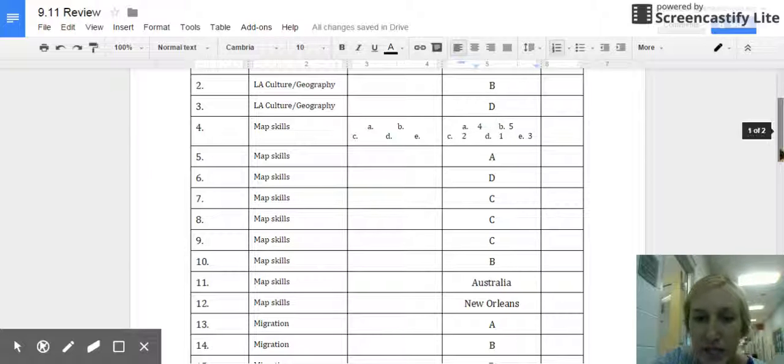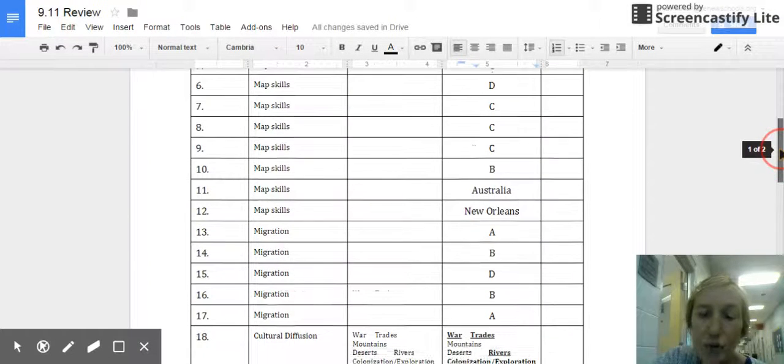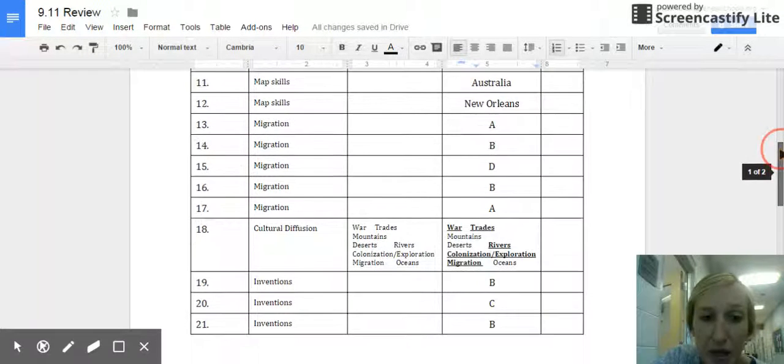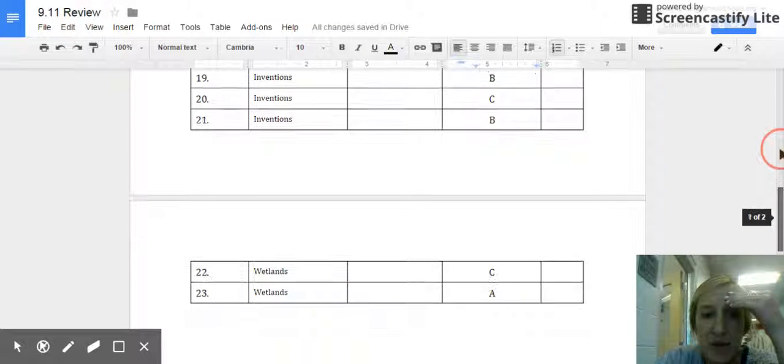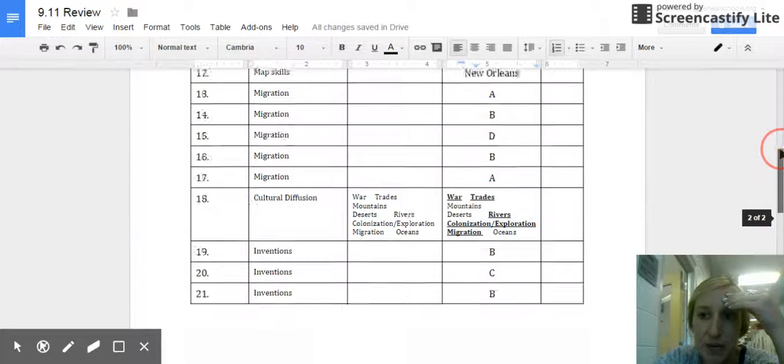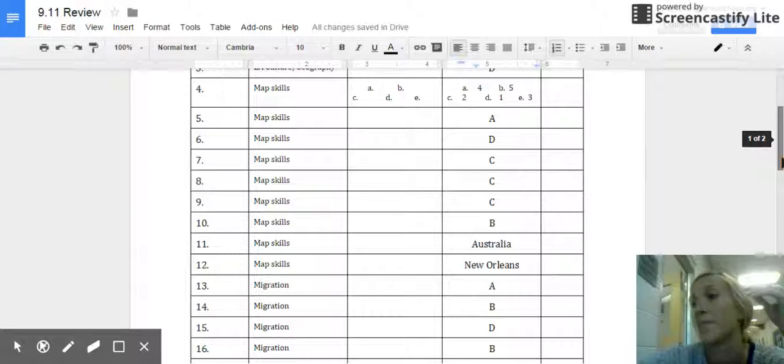So there's all these different topics, and you want to see which is the topic that you struggled the most with. You're going to actually pick two of the topics that you struggled the most with. So whichever 2 topics you have the most X's in are going to be the 2 topics that you focus on today. And what you're going to do is go into your independent review packet,